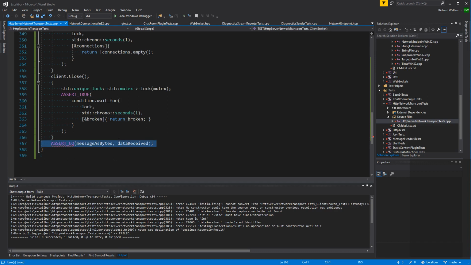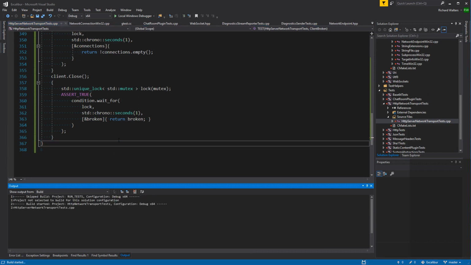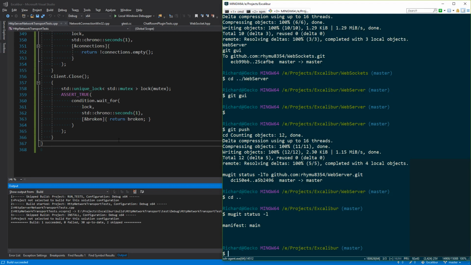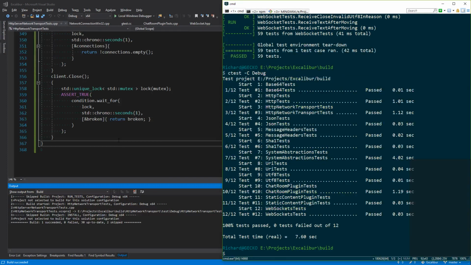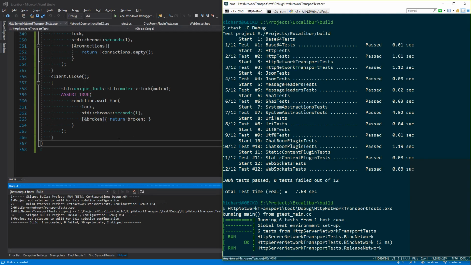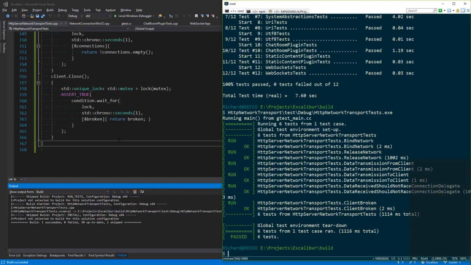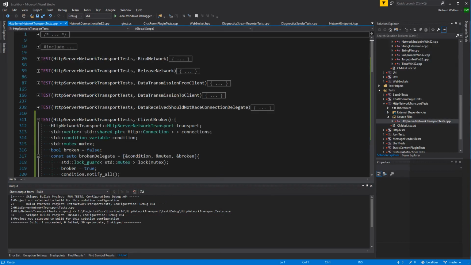Okay. So that should work right away, but it will not give us a diagnostic message, which is the whole point of this exercise. That's HTTP network transport test debug. So let's make it fail. So we need to...